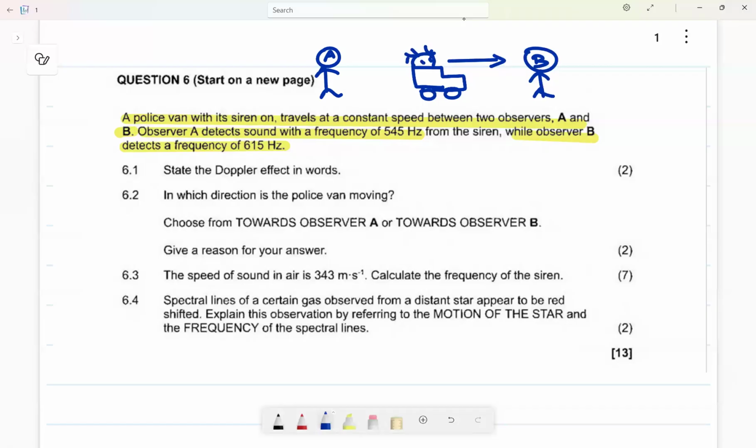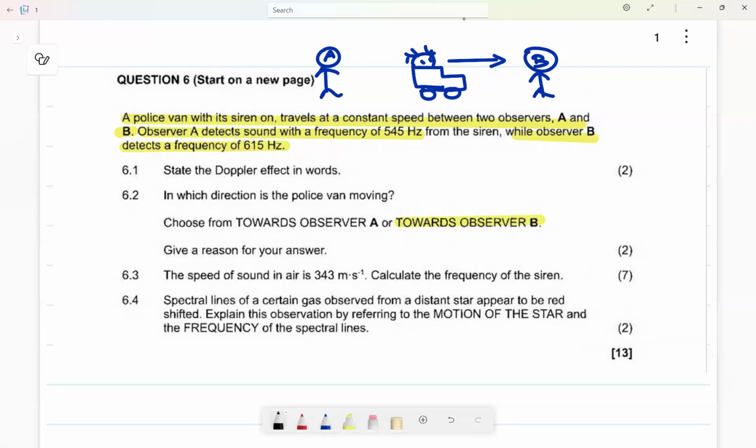They're asking in which direction is the police van moving? Choose from towards observer A or towards observer B. Now we are saying it is going to be towards observer B. Why? Because the detected frequency is high. We do not know the frequency that this one emits, but I'm going to answer it here. I'm going to say,